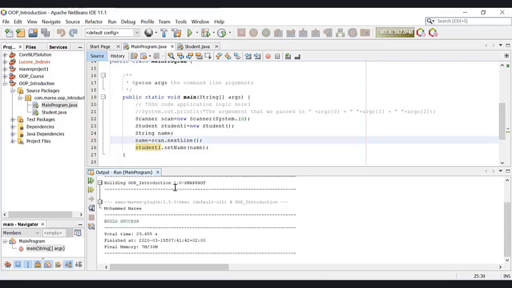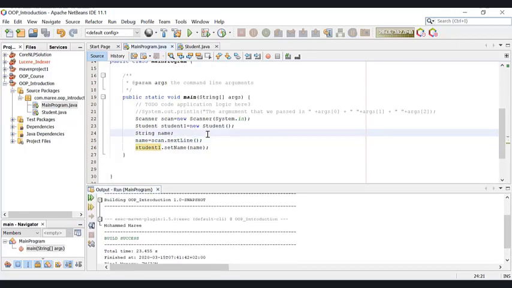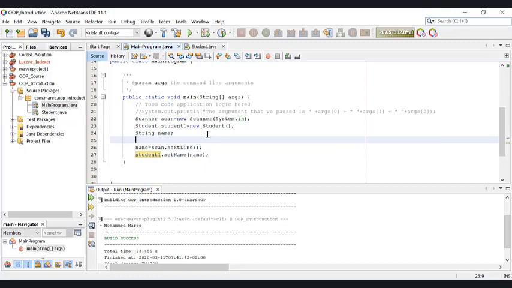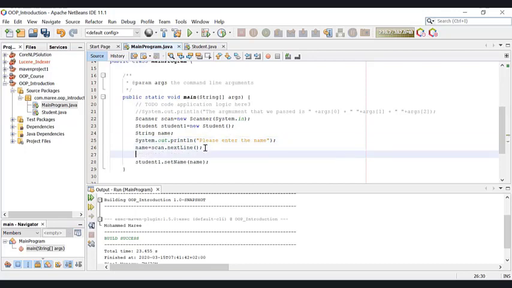So now, to make things clear, we will prompt the user to input the name by using System.out, please enter the name. Okay, so name equals scan.nextLine,